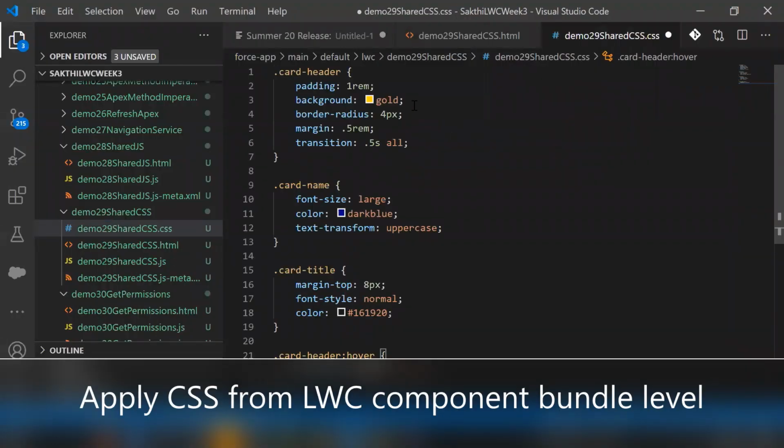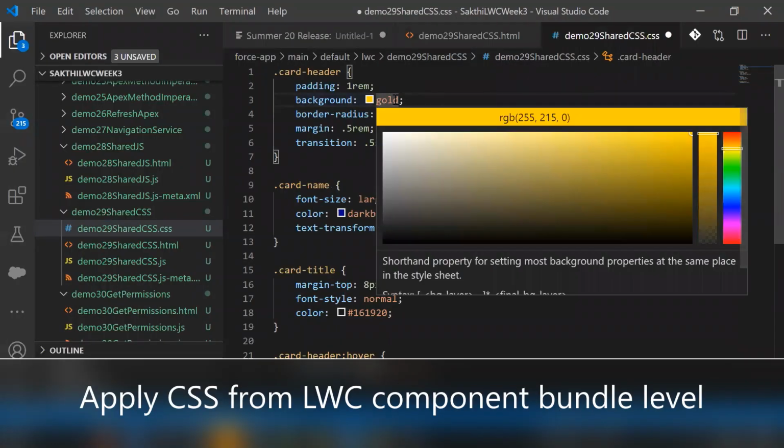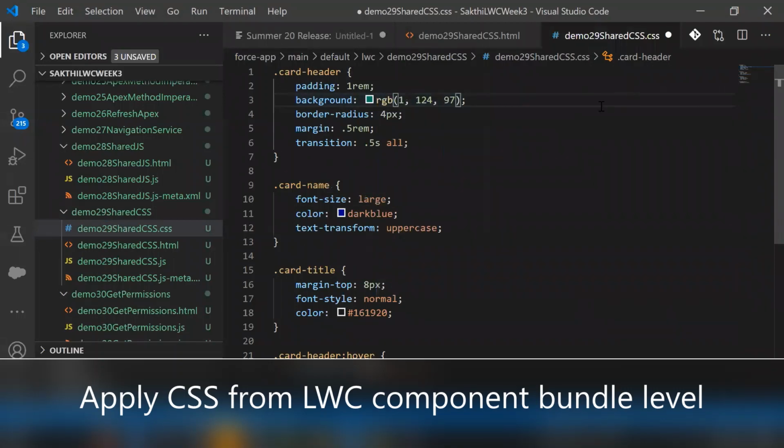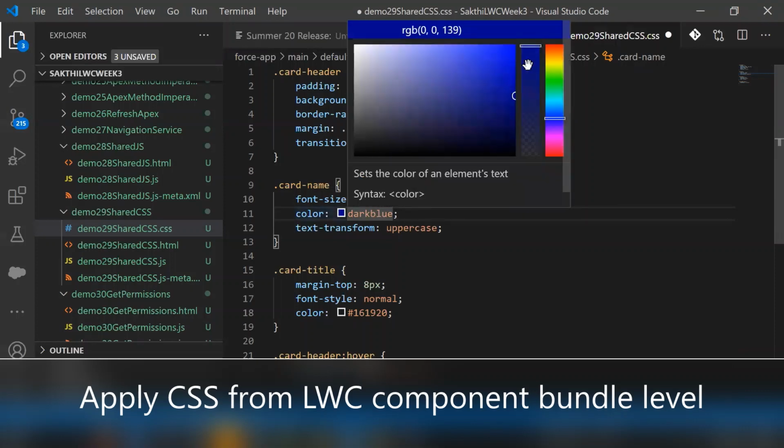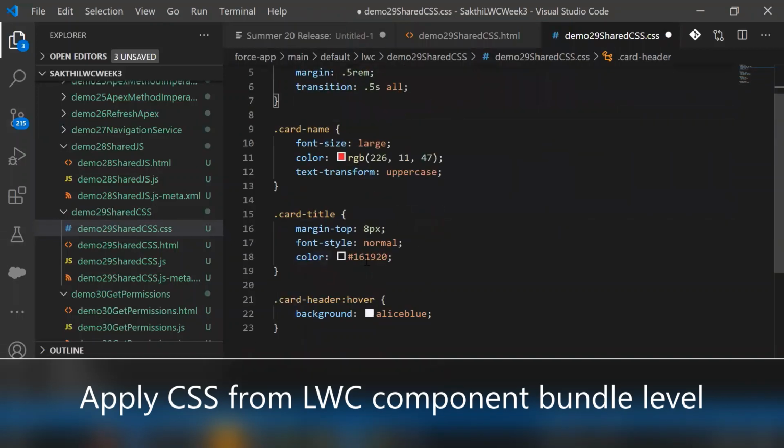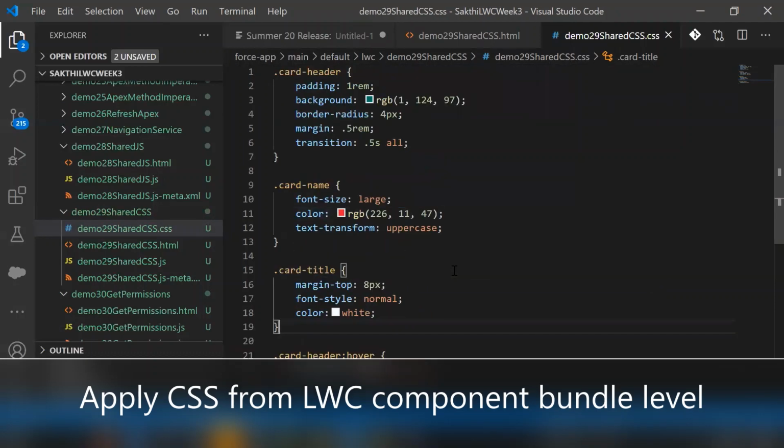Let's change the values for the colors so we can identify whether the colors get reflected or not. Let's change the card name, instead of blue, let's pick another color, and in the card title, let's use white. Let's save the CSS at the individual component bundle level.